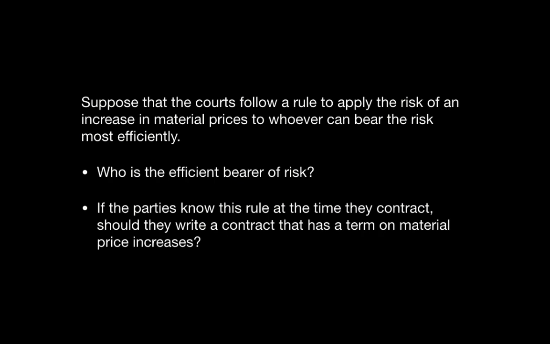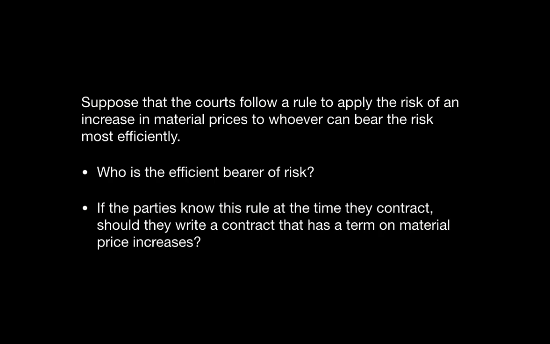Betty is not likely to know about the risk of material price increasing, and there is not much she can do about it. As a general rule, the party with control over some part of the production process is in a better position both to prevent losses and to predict them. It follows that an efficient contract will usually assign the losses associated with something going wrong to the party with control over that particular something.